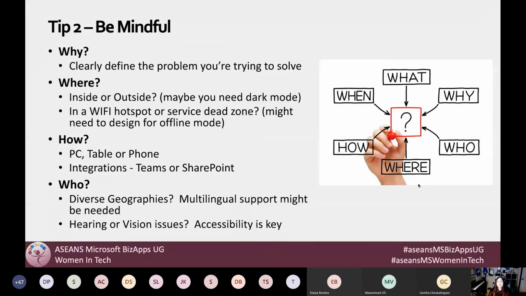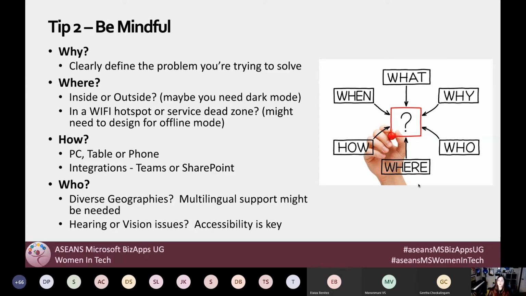All right, the next big tip is to be mindful. So this tip is kind of a loaded one. There's a lot to it. So what do I mean by being mindful? Well, if you started off and you're wanting to build a great app, now you've got your inspiration. So you have ideas of how you can maybe make it look nice. But before you dig in and really start developing your Power App solution, you need to ask yourself a few